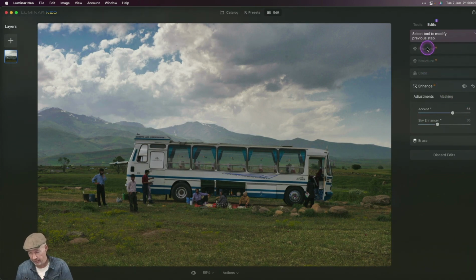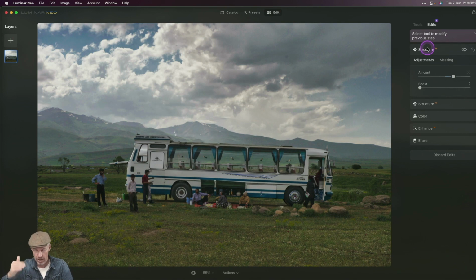And I then click back on the top step and everything else will be applied on top of that and I can re-export that. So in that sense, it's non-destructive. If you use it as a plugin, and after the break, I will actually show you how I use it as a plugin in Lightroom, then it is so that it's destructive in the sense that if I send an